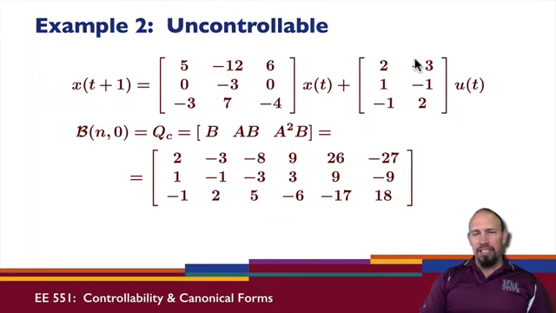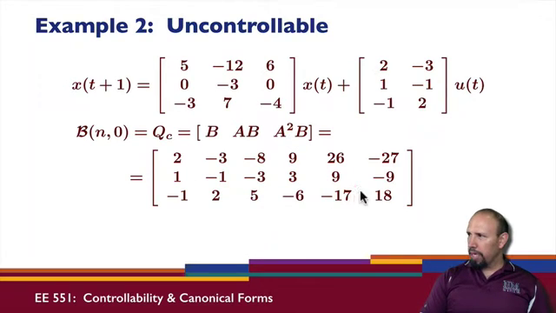Okay, that just makes the whole calculation a little easier to look at. It doesn't change the fact. It's not required. I could have irrational numbers or whatever as elements of this, but I'm choosing integers just to make the calculation simple. Okay, so the controllability control map up to time n is equal to QC, which is